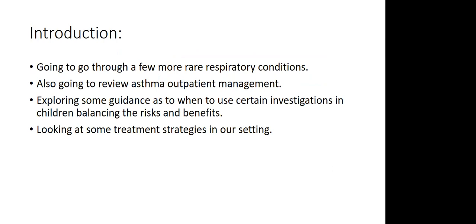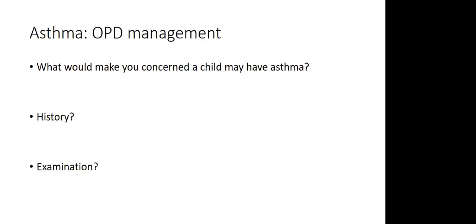So that's the next phase in my mind, because I know we have quite a lot of asthma patients who come in sometimes in crisis, and we're doing what we can and they're getting better, but sometimes they can be coming and going. They're not too certain about what to do. So I want to talk through that a little. I just want to go through some questions, a little bit of a recap from last week. So what things in a history would make you concerned that a child might have asthma? Can you tell me some things?